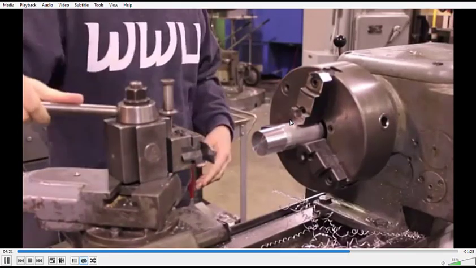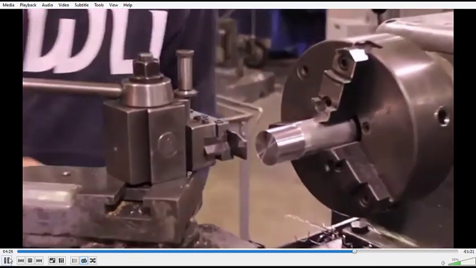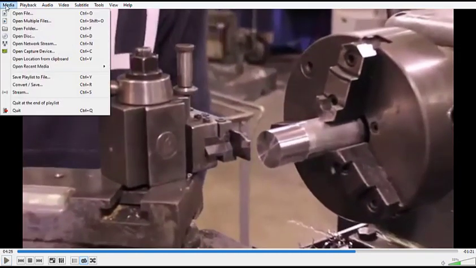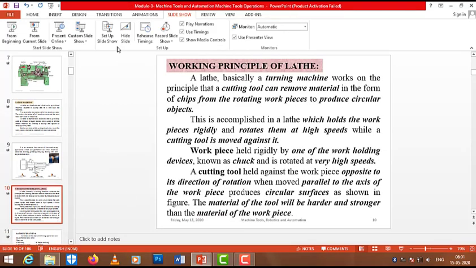After the spindle has stopped, a parting tool will be used to part off the workpiece. So I think this is a basic introduction for you people. This is enough. I will show you this video once again. When you are discussing turning operation we have many other videos too, but still, this is the basic working principle of lathe. Now we'll go for the theory part of that introduction.